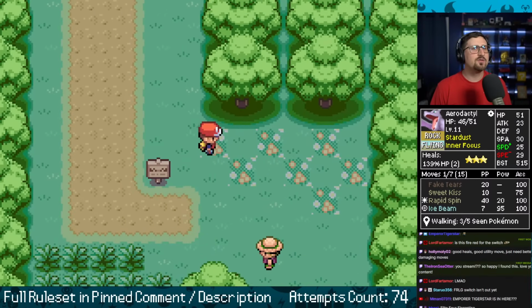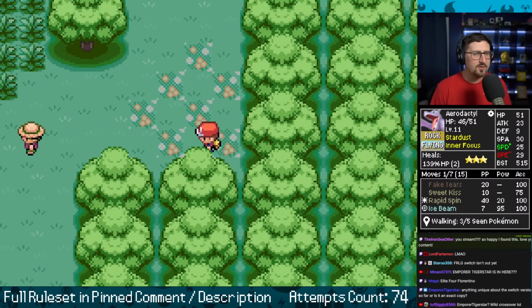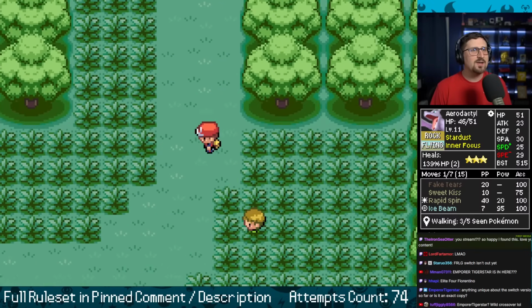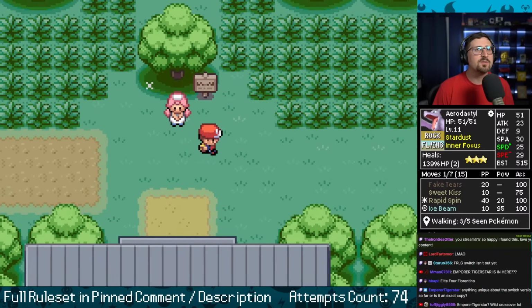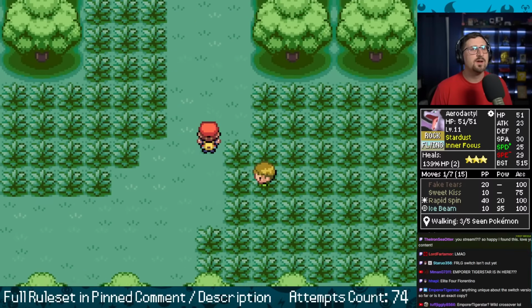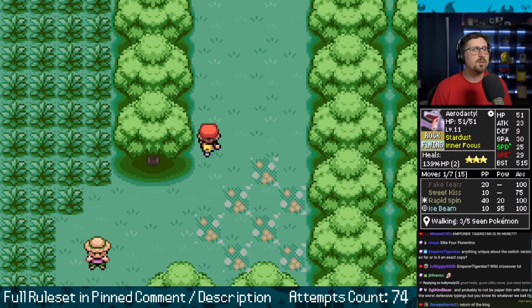My physical defense is atrocious. Now, this is not a run-winning mon, but I would love to string you guys along to get you to Brock, you know? And then Brock absolutely dusts me. We'll see. We could learn a sick move. I'd love to get to level 15 and see what that sick move could be. Oh, it's not you? My bad. It's you.